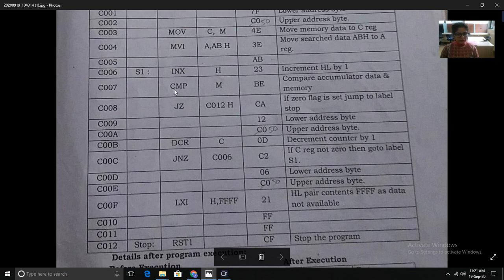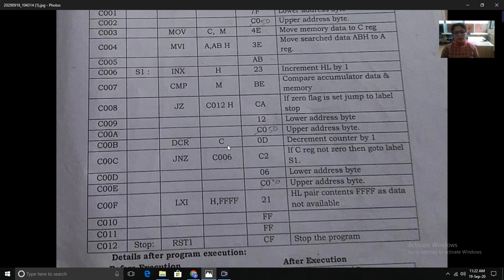Now the next part is the else part. If it is not zero, then DCR, that is decrement C by 1. Now what is C? You know that we have stored the length of the total block in the C register. So we have to decrement the C register by 1. That is, we are using a counter to count the number of steps.